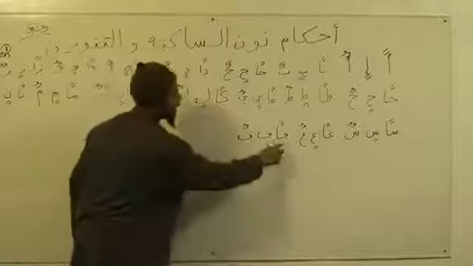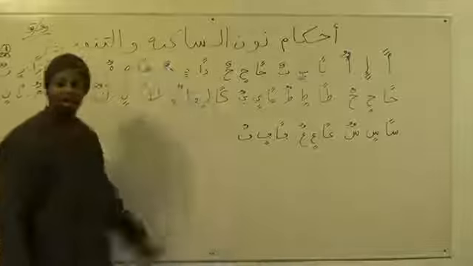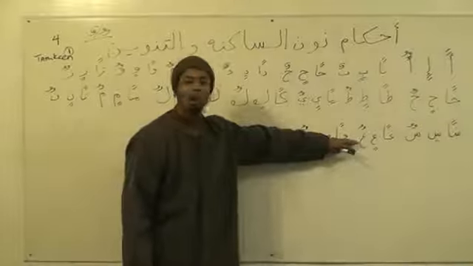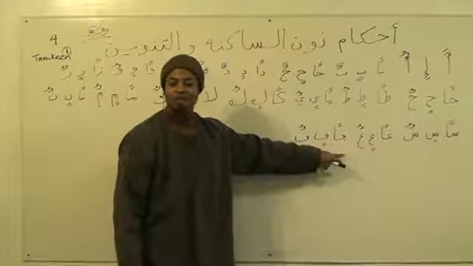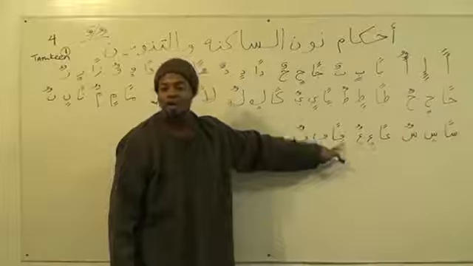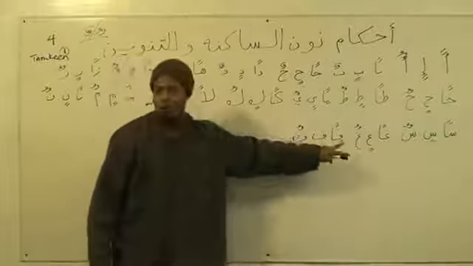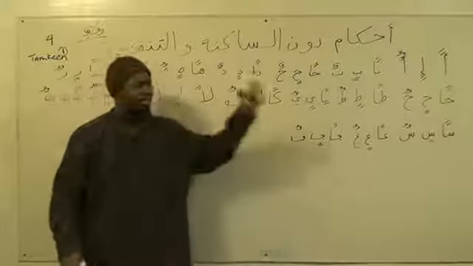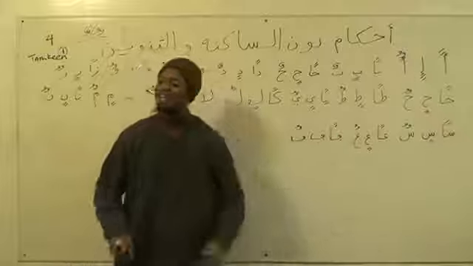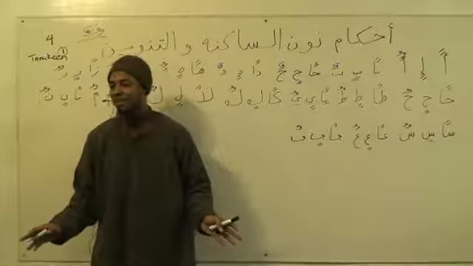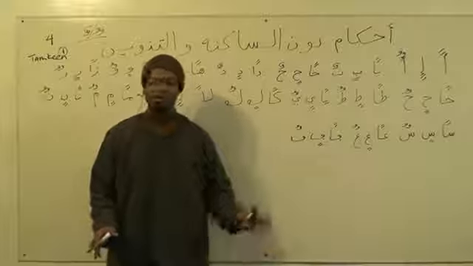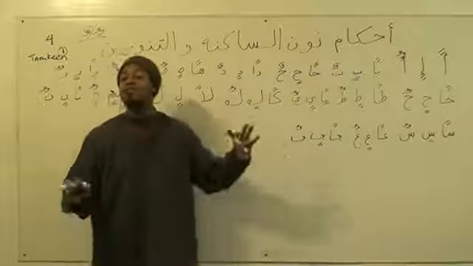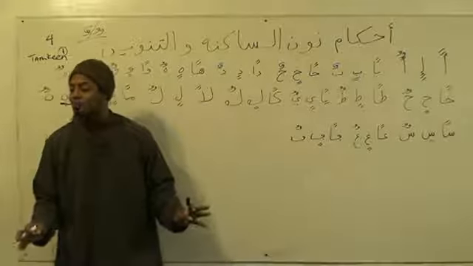Check it out. I put a dot under the fa and on the top. Can you do that? Yes. Originally, the fa was written without any diacritical marks. Then when they started writing it with diacritical marks, they put the diacritical mark on the bottom. Then after some time, they put it on the top. So both are allowed. Don't be pigeonholing your whole understanding. No, it has to be like this. No, because he's of a madhab. It ain't got nothing to do with anybody's madhab. Just educate yourself. This fa is acceptable like that. Even fa is acceptable without the diacritical mark because the shape is different from the qaf.